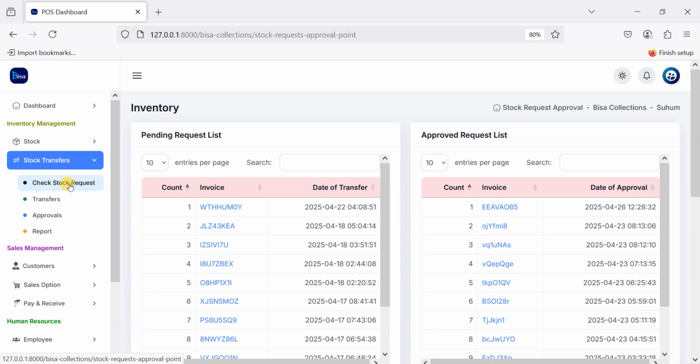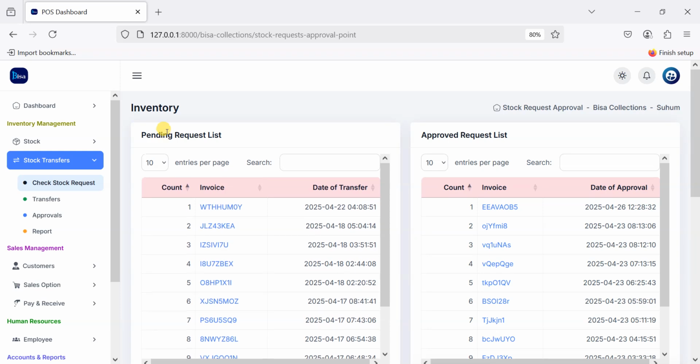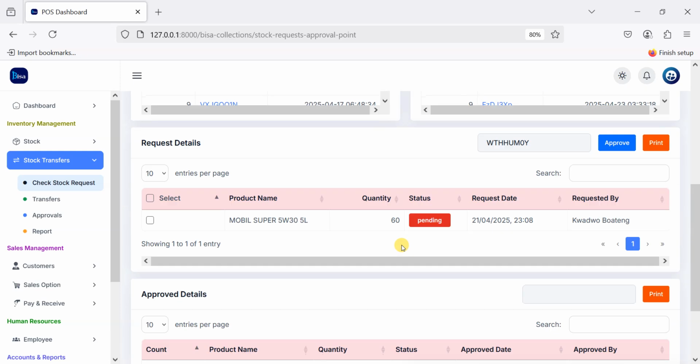Now you cannot transfer to the same branch. You can transfer to a different branch. Let's take notice of that. You cannot transfer to the same branch, but you can rather transfer to a different branch. So if Suhum is requesting stocks from, you see these are pending request list. If I click on this, and if I approve of this transfer,